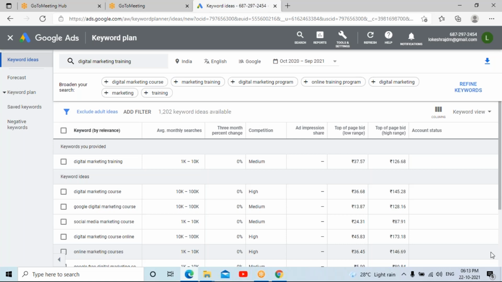I have given digital marketing training, where there is a monthly search on that particular word itself of a minimum of 1000 to 10,000, which is medium competition. But there are certain keywords searched regularly a high number of times, that is digital marketing course. 10,000 to 100,000, that is 1 lakh people are searching with this.